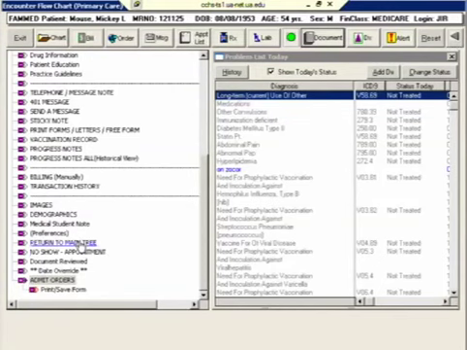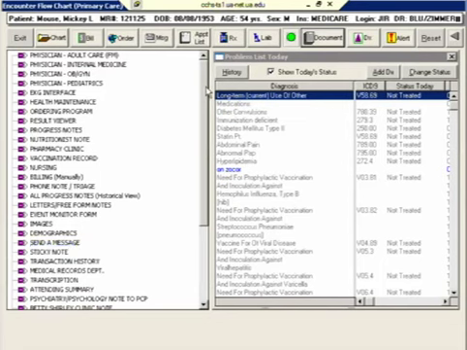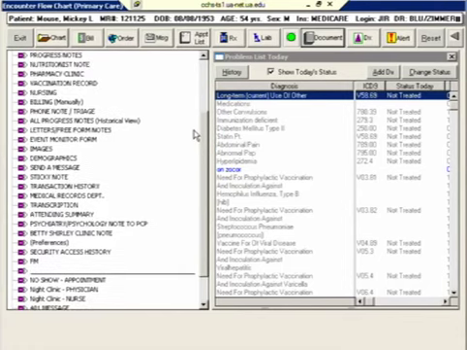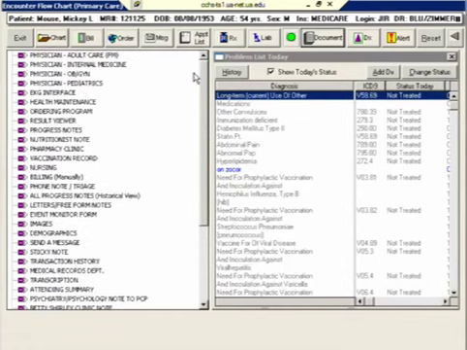You can return to main tree. I don't know why it doesn't start you on the main tree, but there are some other things out here that you can go to that most of them are repeats of the tree that I've just showed you. But if you ever find yourself here, usually you're going to click on physician adult care. If you're in a different clinic, you'll go into their